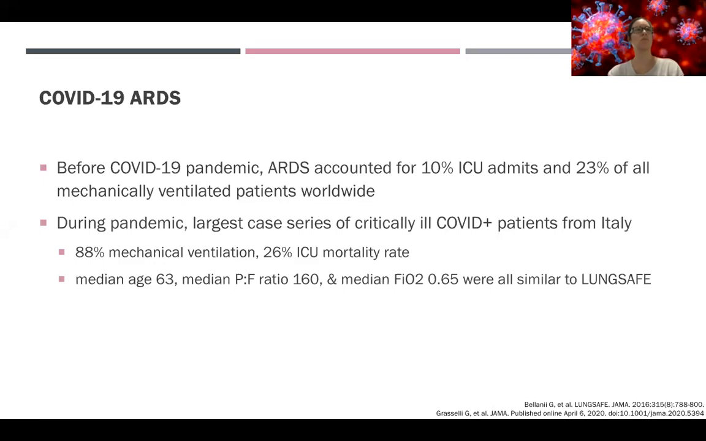So to begin, patients who develop severe COVID-19 infection requiring ICU admission for hypoxemic respiratory failure do so because they have developed ARDS. Before the pandemic, ARDS accounted for about 10% of ICU admissions and 23% of all mechanically ventilated patients worldwide. And this comes from an epidemiologic study called LungSafe. Of course, now during the pandemic, those prevalence numbers are much higher, and non-COVID or non-ARDS